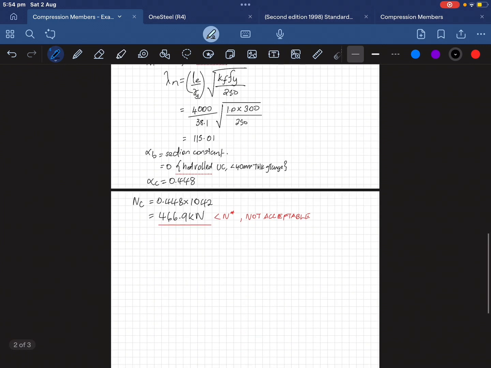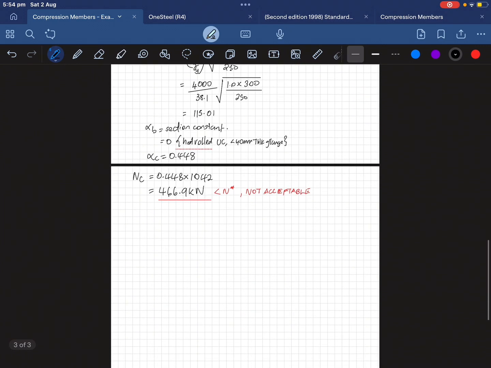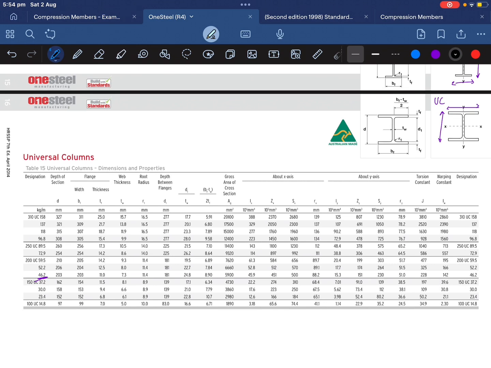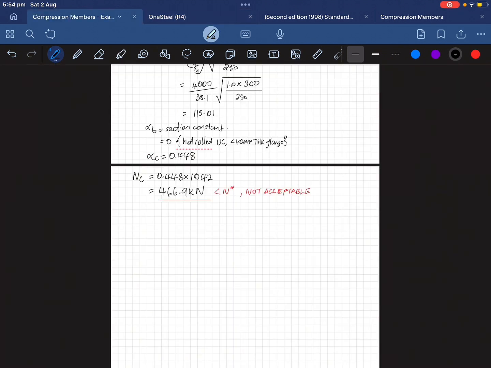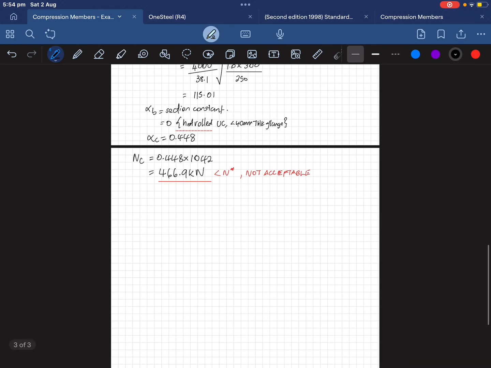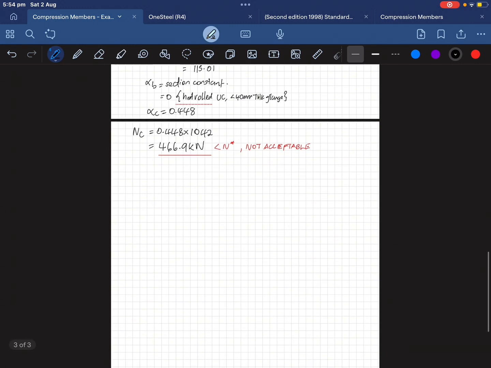I'll try another section up, another couple sections up. I'll move to 200 UC 46.2, okay? Which I'm hoping, pretty sure it should work, but we shall see. So I'm going to say here: try using